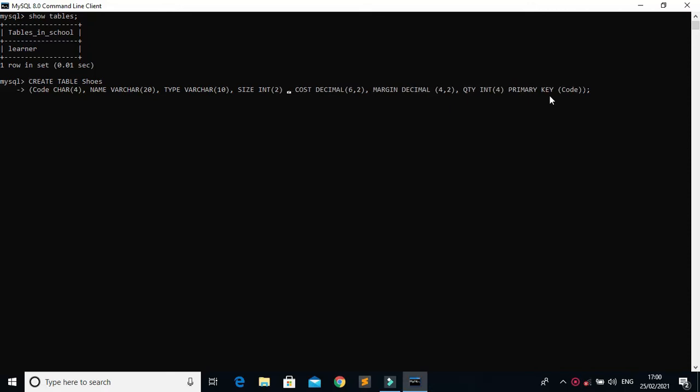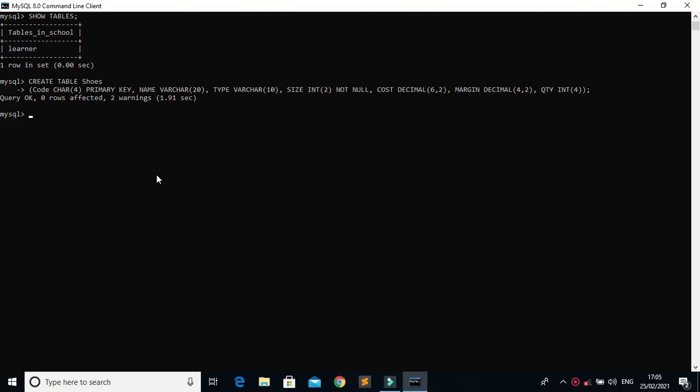Okay, here the size of shoes is a field, and we have to define not null. So we can write just not null, and then this particular column of field size will not accept an empty value. In this way we can create our table with primary key and not null. So let's press enter. Now you will see query okay, 0 rows affected.